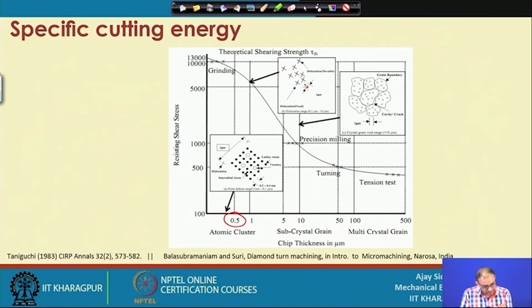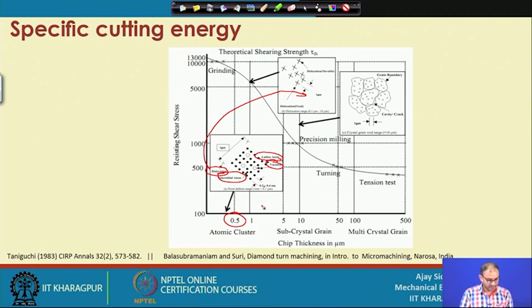Then it will go within this particular dislocation. This is the dislocation we are understanding here. This is the 1 micron, and now we have expanded that 1 micron and gone inside it. Now you can find different types of vacancies, interstitial atoms, and lattice atoms, and this point defects range is now 0.2 to 0.4 nanometer. So, the material removal mechanism will try to find